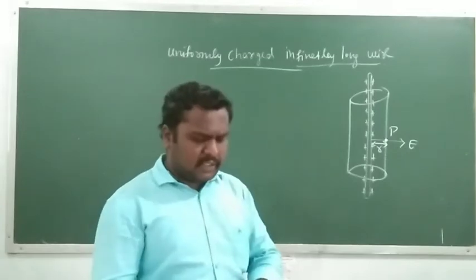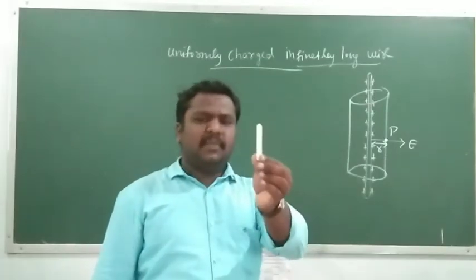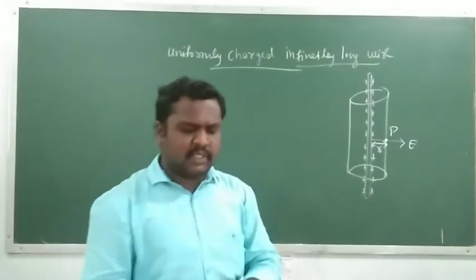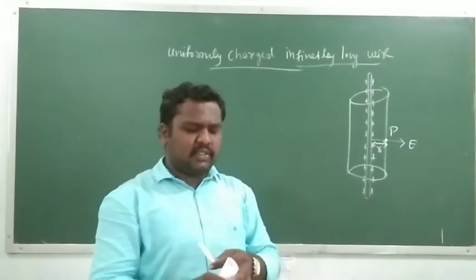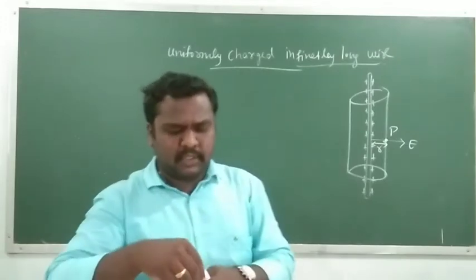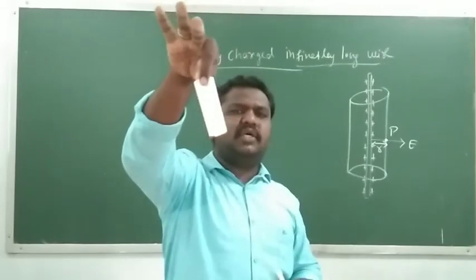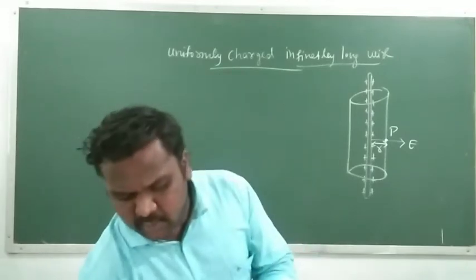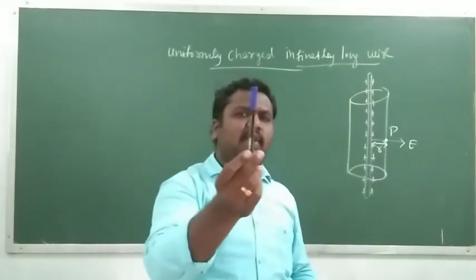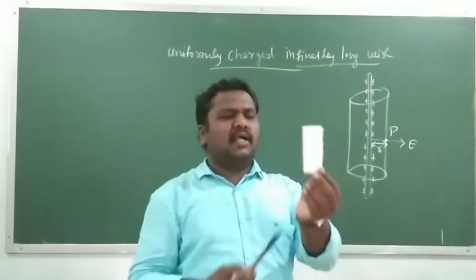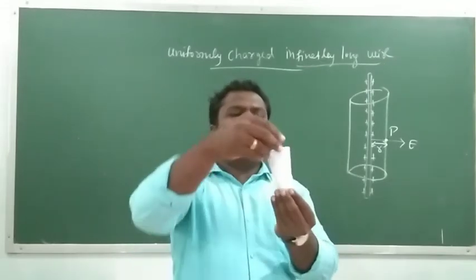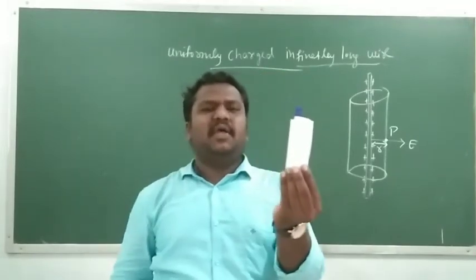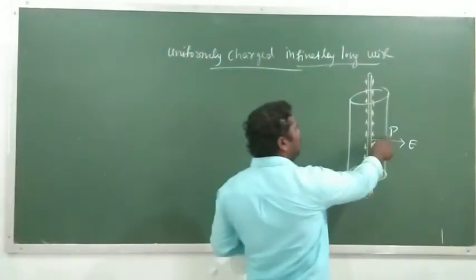Let us just consider this is a wire, and this wire will be having the Gaussian surface, that is the cylindrical Gaussian surface. I am going to consider this is the cylindrical Gaussian surface which encloses the given wire. We can consider this is a wire and this is a cylindrical surface, and this cylindrical surface is enclosing the wire. Yes, like this. So now we have to find the electric field at some point P, which is at a distance